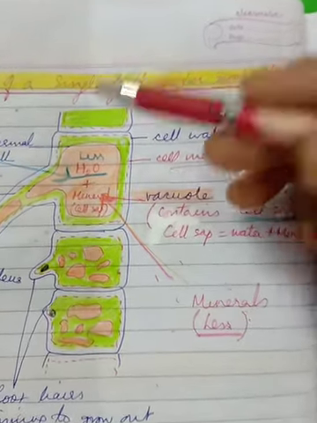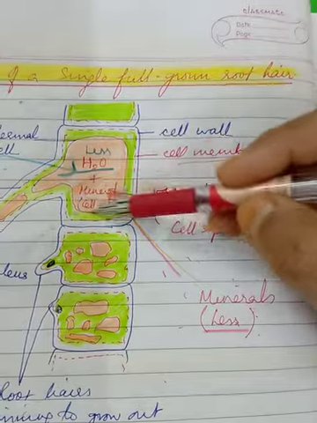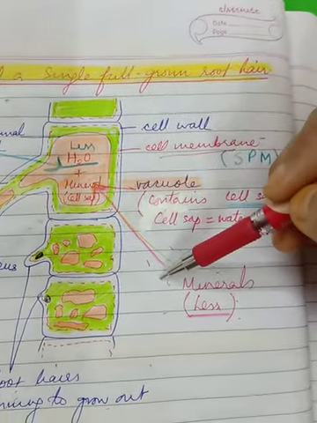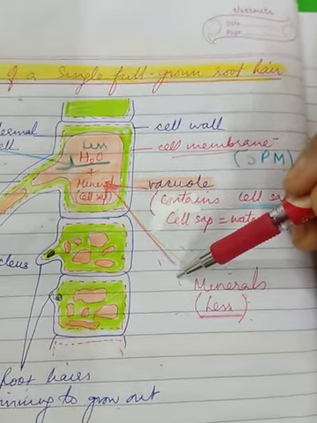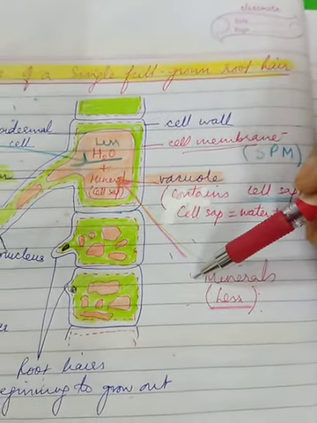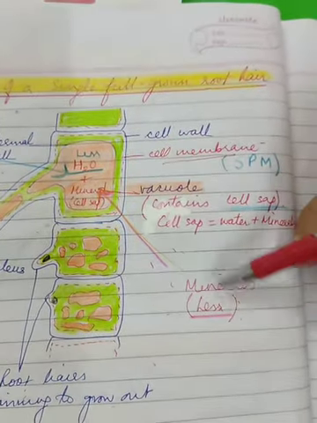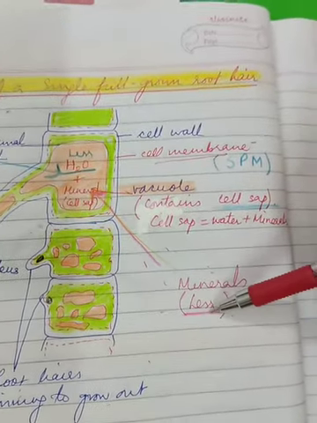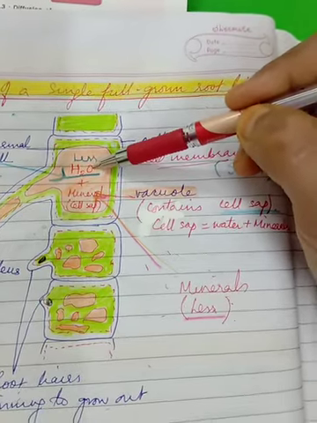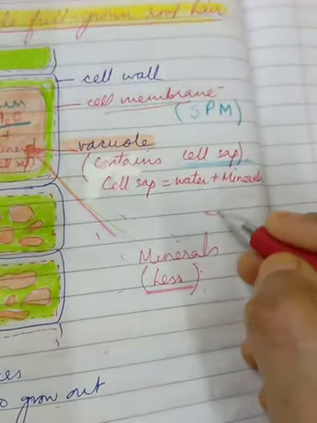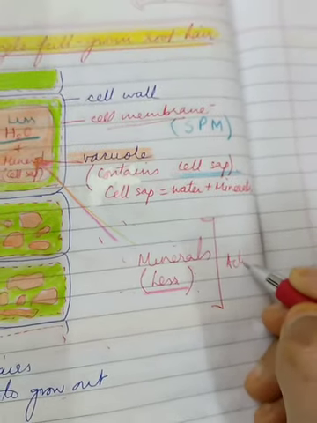Because remember, I agree that minerals are more inside. But does it mean that the minerals start moving from more to less? Or the roots start giving it to soil? No. Because in that case, the roots or the plants will die. So minerals are kind of forcibly taken up from an area of less to more, which is against the law of nature. And this forcible taking up is called as active transport.